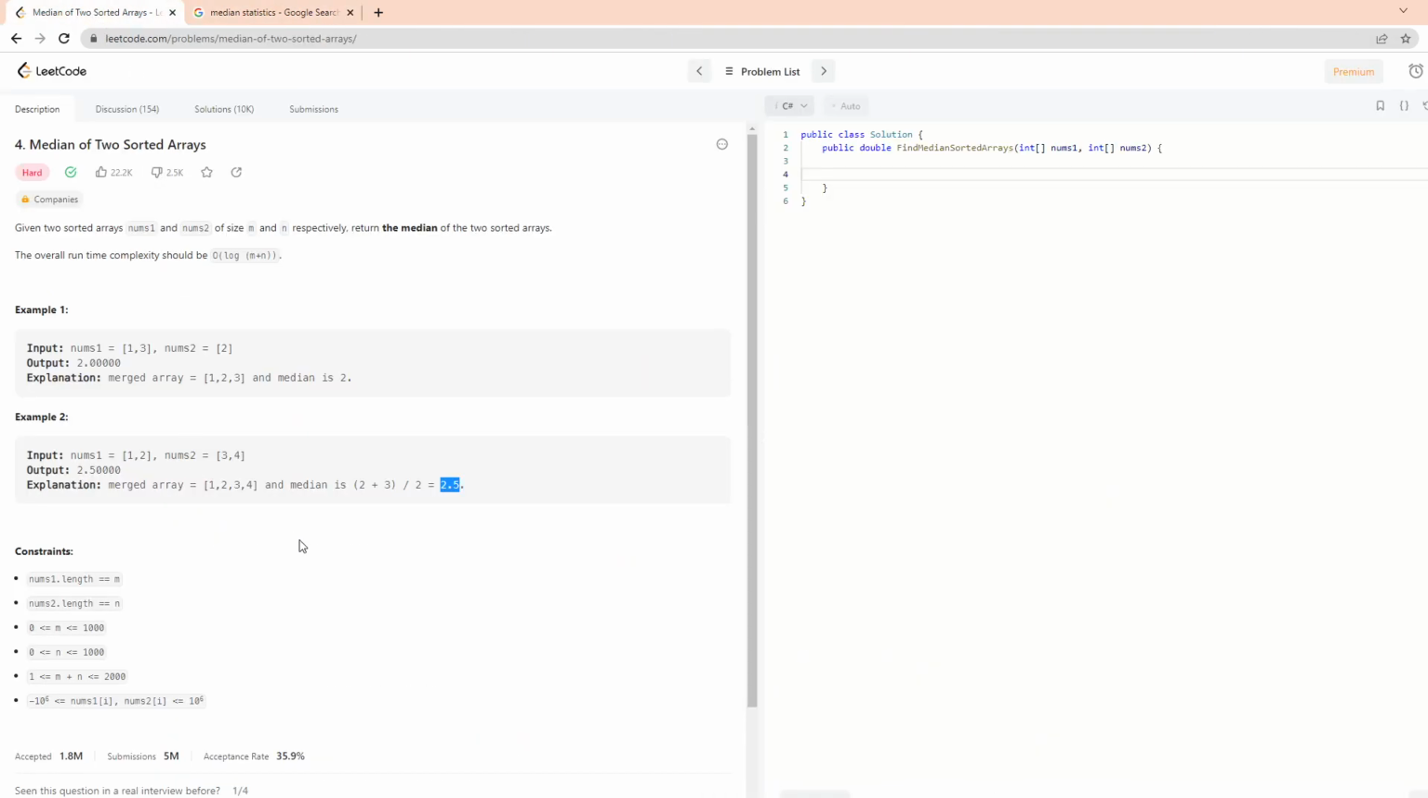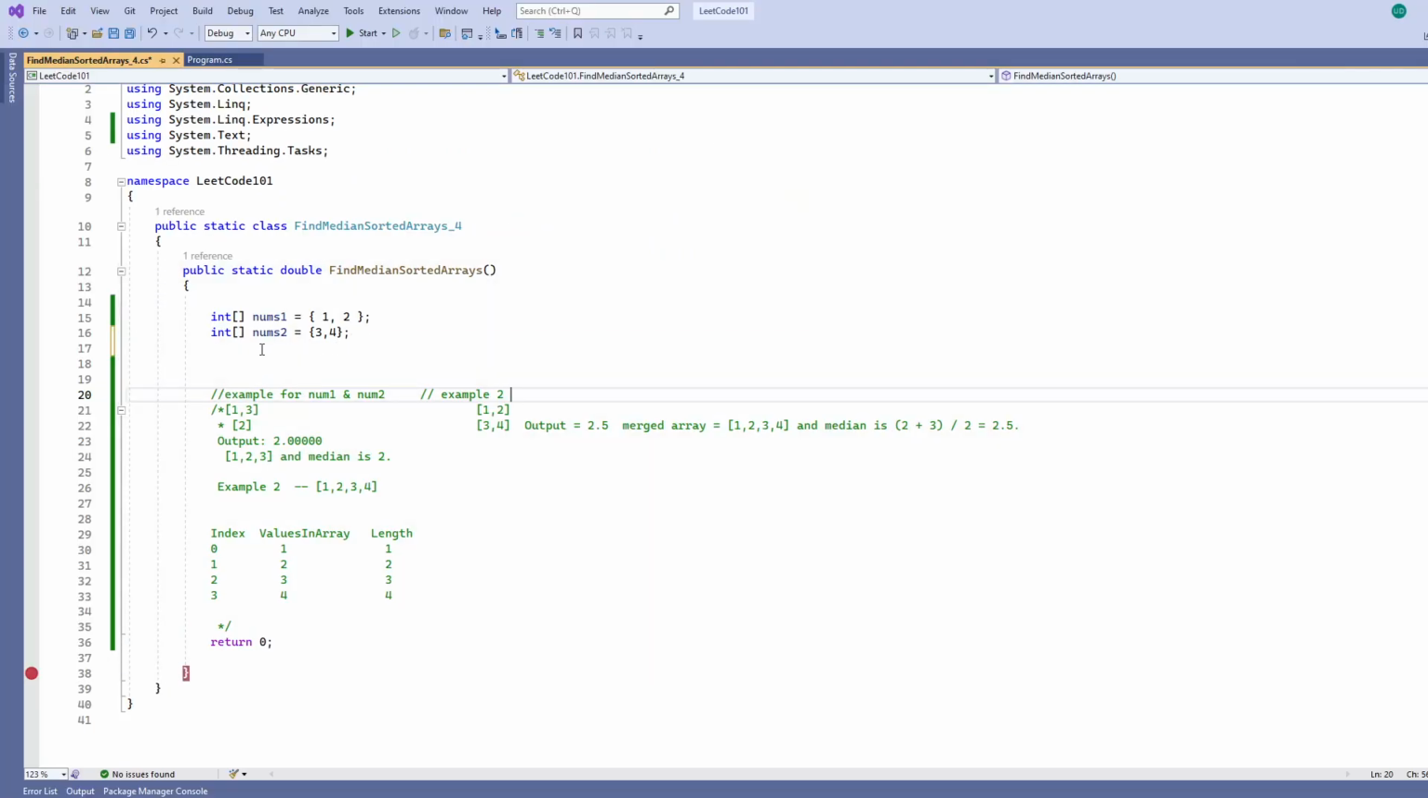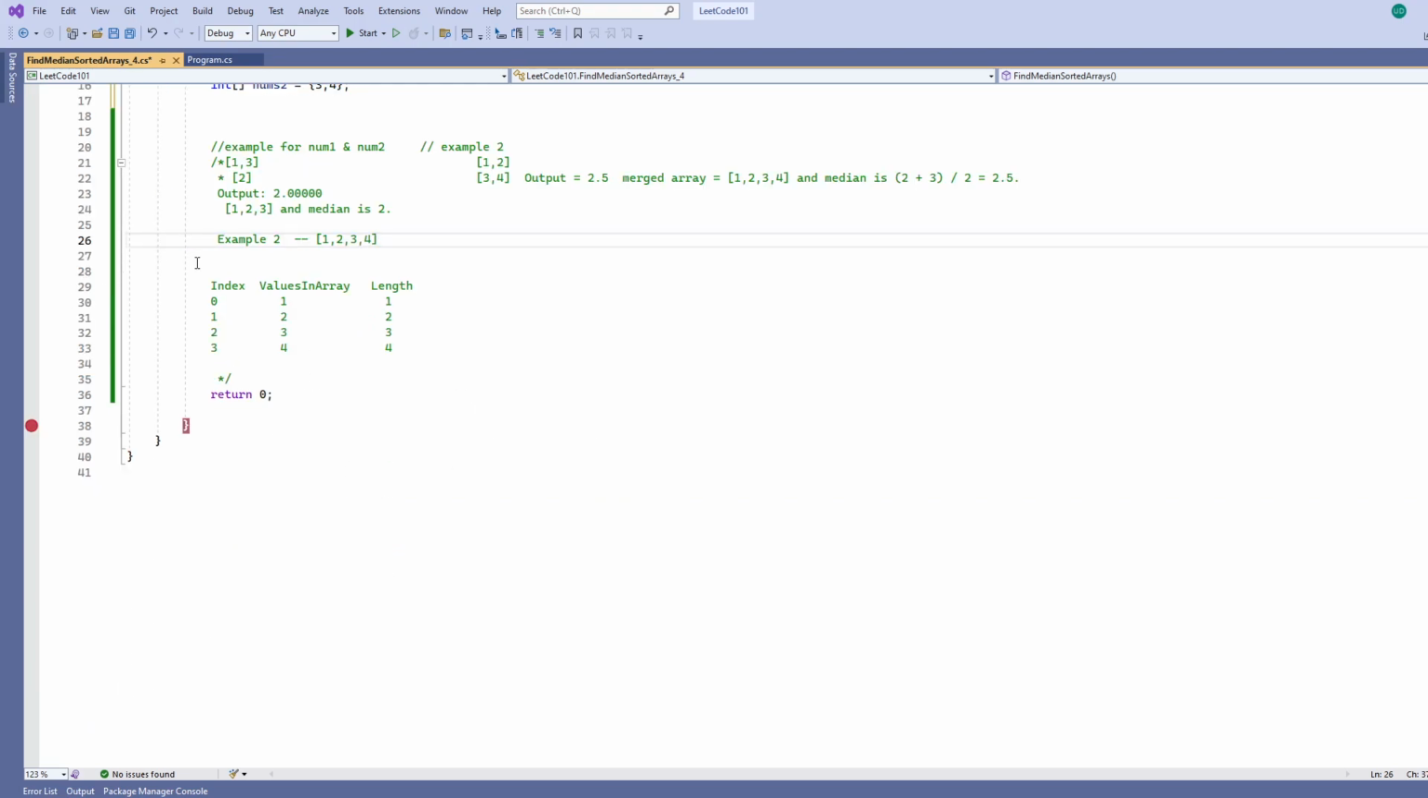So let's go to our Visual Studio and try to solve this issue. For convenience, I have copy pasted the two arrays, and this is our example 1 and example 2. I want to follow example 2 first, and then I will come back to example 1, so that it is easier to logically solve this issue first. In order to solve the issue, I have also written down this array when you merge it. So step 1 would be